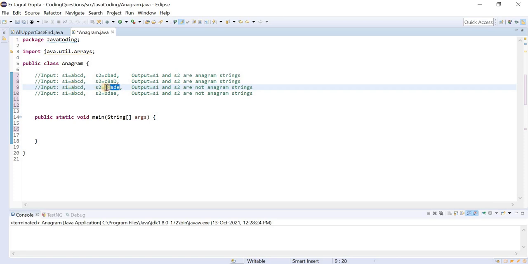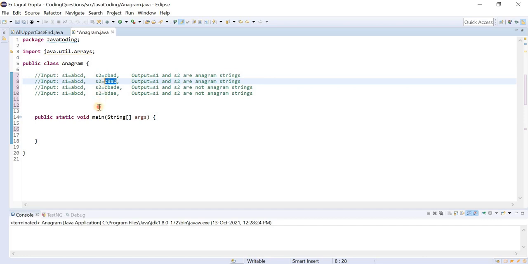So if two strings have different lengths, then we can directly say that these are not anagram strings. This is the first check. The second check is, if you see the second variation, in the second string some characters are in lowercase and some characters are in uppercase. So we need to incorporate the implementation of this in our coding program also.